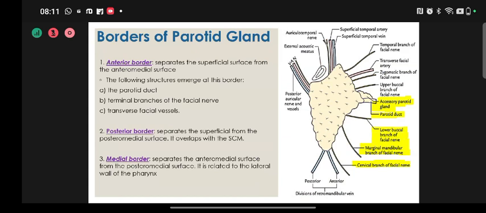Now briefly describing the borders of the gland, the anterior border separates the superficial surface from the anteromedial surface. The structures which emerge from this are the parotid duct, the terminal branches of the facial nerve, and the transverse facial vessels. The posterior border separates the superficial from the posteromedial surface. It overlaps the sternocleidomastoid muscle. The medial border separates the anteromedial surface from the posteromedial surface and is related to the lateral wall of the